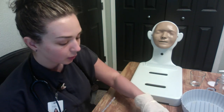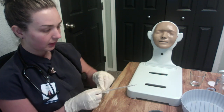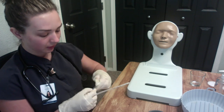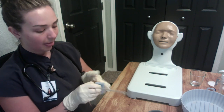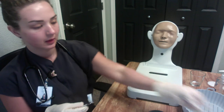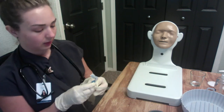So first of all, we want to add some lubrication. We would have this in a little container, but I don't have that. Okay, I'm going to use one of these. I guess I could just...